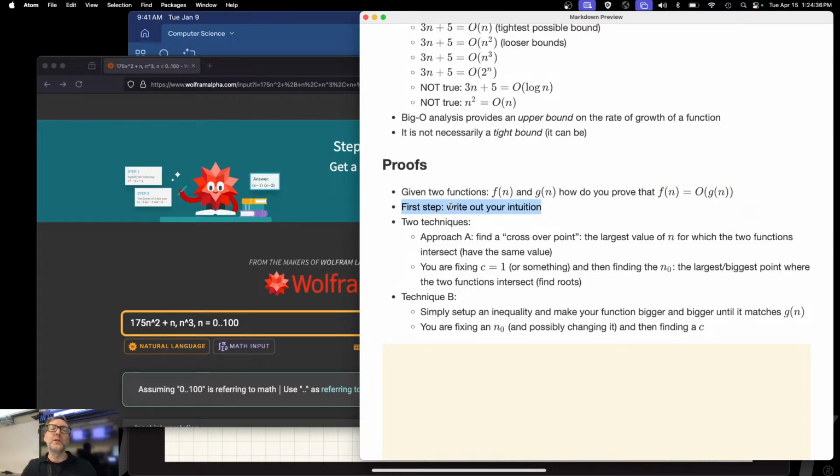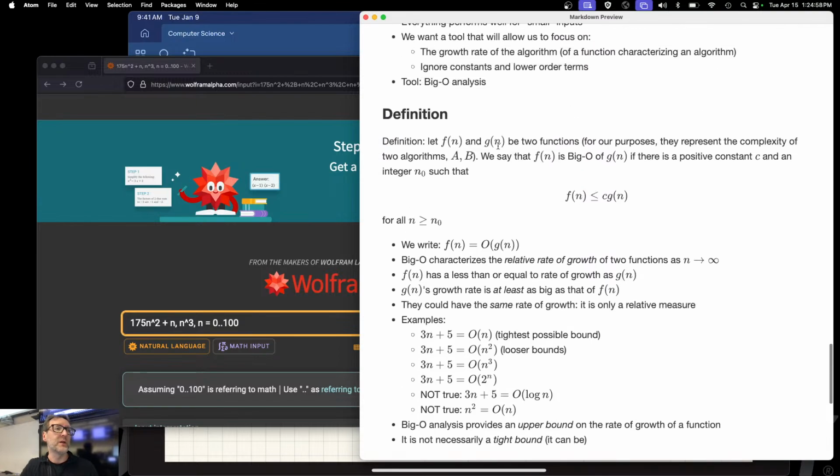Well, first of all, you need to write out your intuition, and that's usually going to be pretty easy, right? Because you'll have a good sense that one of these functions is bigger than the other in the limit, right? The first technique that we covered was finding a crossover point, right? And that means finding roots. And essentially what you're doing is you're fixing the c in the definition, where f of n is bounded above